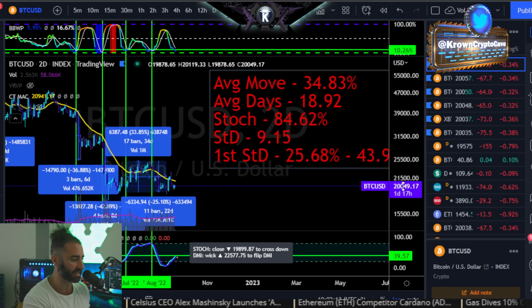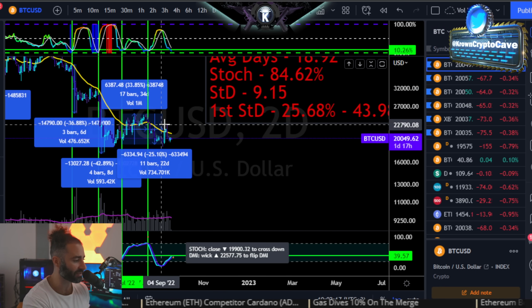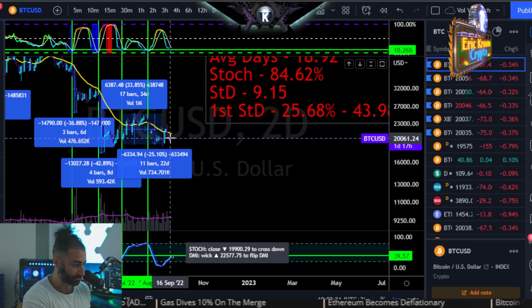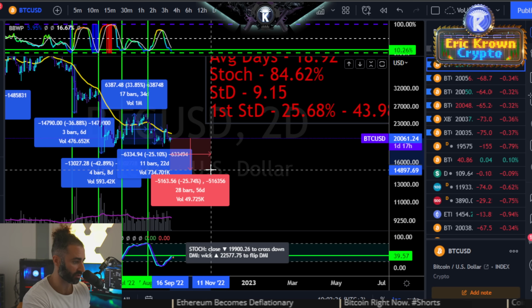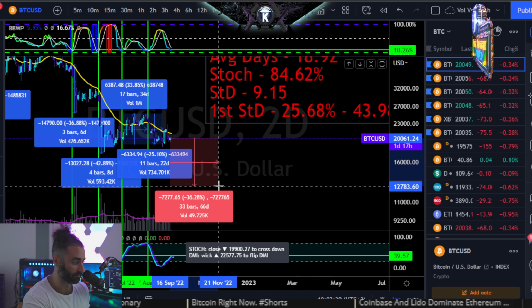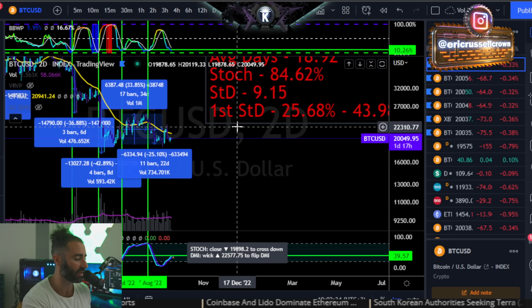Now, if it were to come to the downside, let's just get ready over here. So in this case, 25.5% to the downside from our current regions would put Bitcoin at about 15,000 bucks. 44% puts Bitcoin significantly lower than that, more around about 12,000 bucks, which I do think is rather interesting,